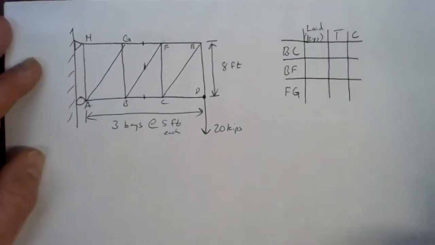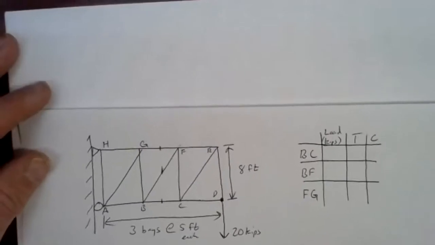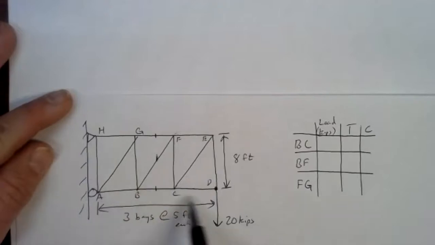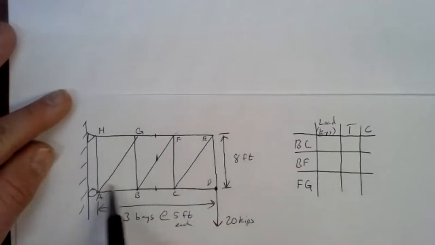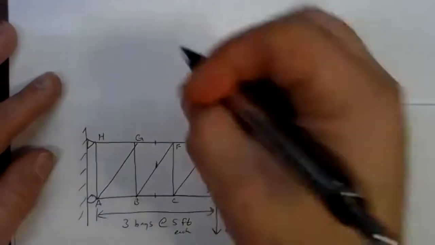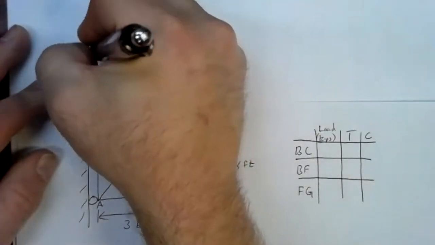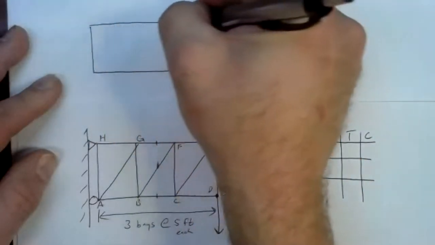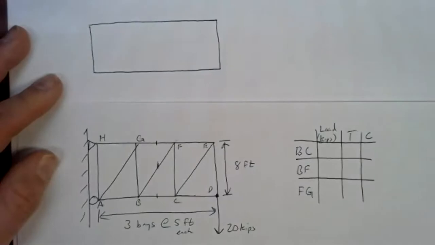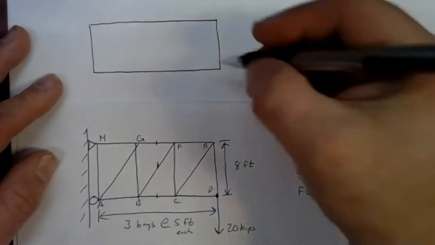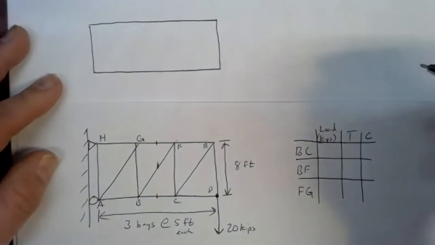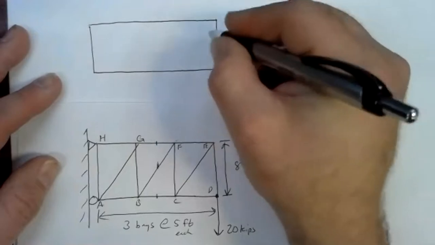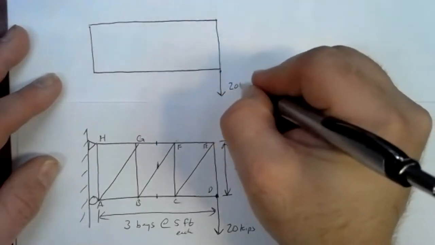So I'm going to scroll this down just a little bit here and draw a free body diagram of the truss as a whole, ignoring the internal structure, just looking for the reactions. So our truss looks something like this, just a rectangle. If we just think of it as one big solid object, for solving the external problem, all we ever have to worry about is the external forces. We don't have to worry about all the members inside and what the actual structure of the truss is. We just have to worry about the forces applied to the outside.